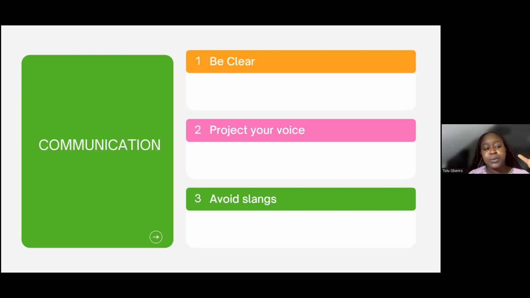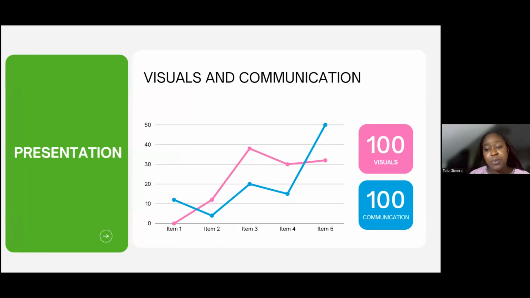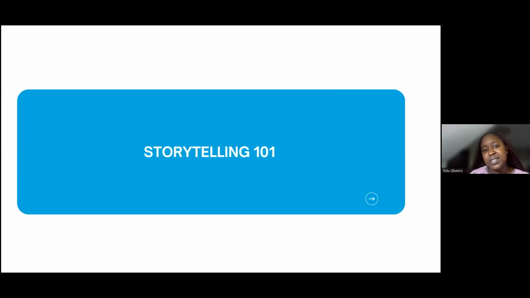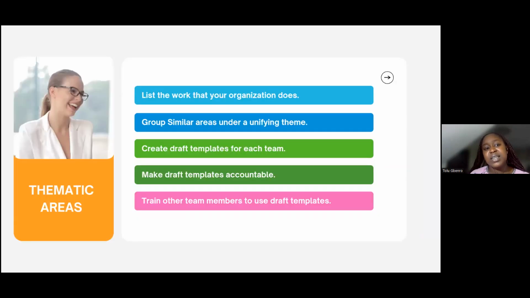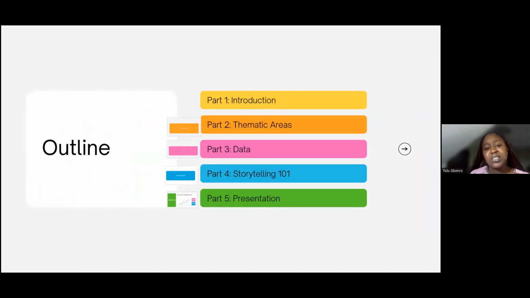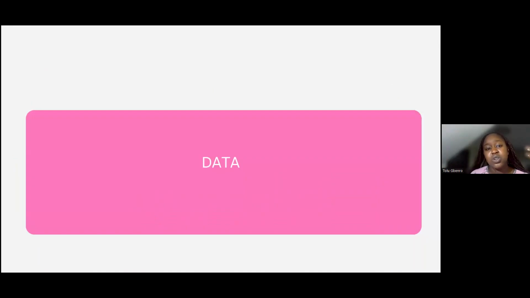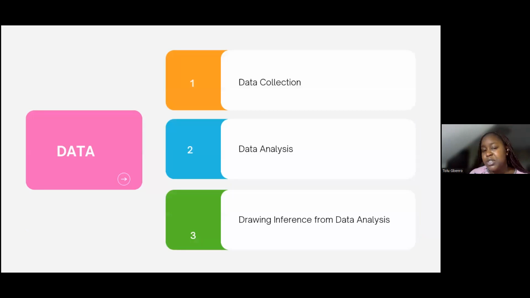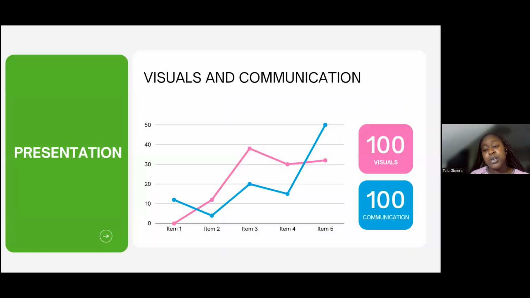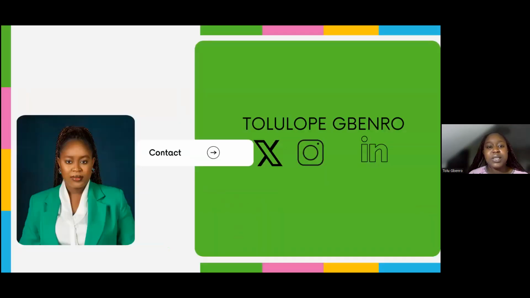It's the same thing with visual storytelling, CapCut or whatever you're doing. When people look at an area of the story, the introduction, the body, the conclusion, it should make a lot of sense because it is standing alone as an individual element, right? It does not need to have too much information. It does not have to be a color riot. I mean, you can play with colors, but the more you play with design, the better you get at it. The more you play with speaking, the better you get at it. The more you play with storytelling and communication, the better you get at it.